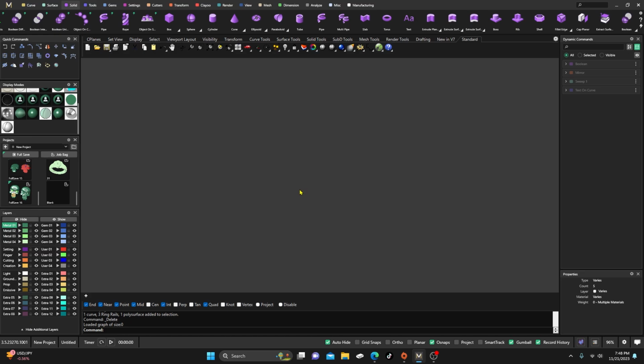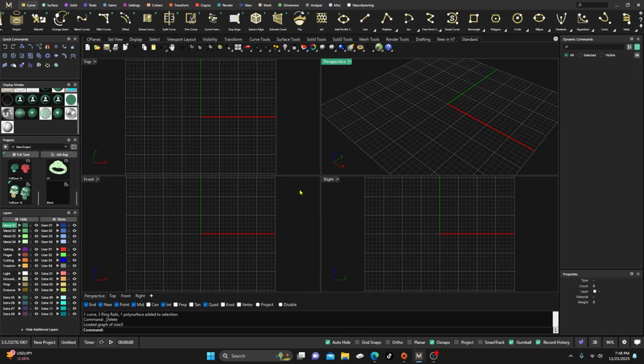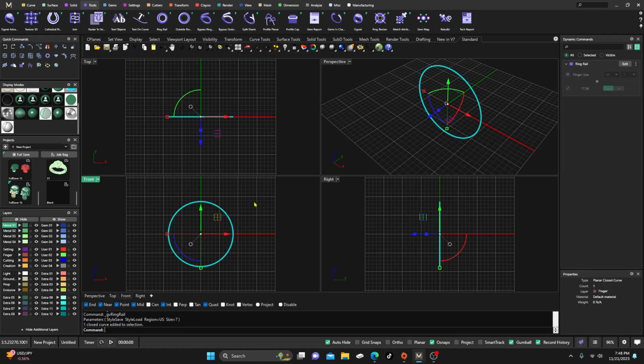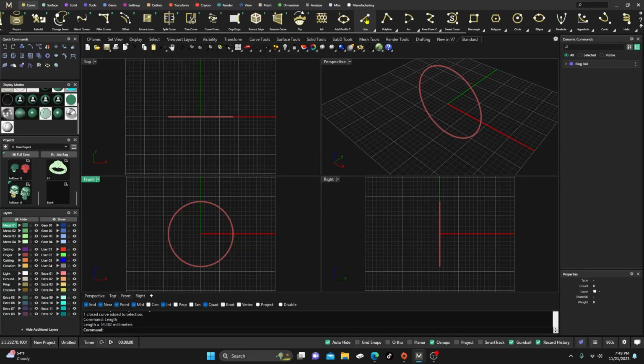This other way, it takes a little bit longer, but of course with detail, right, it will take longer. So first thing we're going to do is go to tools again and grab our ring rail and change it to whatever size we want and hit enter. Next thing we'll do is select our ring rail, type length, type enter, and it gives us our length here in millimeters, right? So we'll go ahead and take that, and we'll go to curves, and we will draw a line, change it to whatever color. I think I'll change this one to here, and I'm just going to click on any spot there, come down here, highlight that